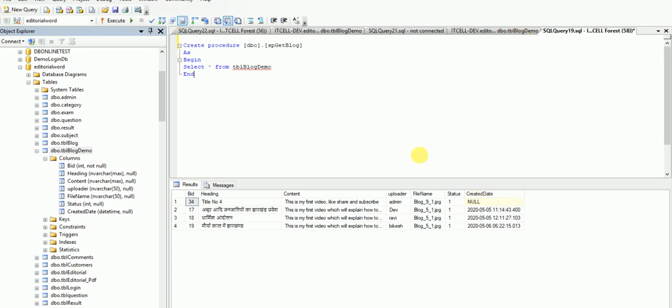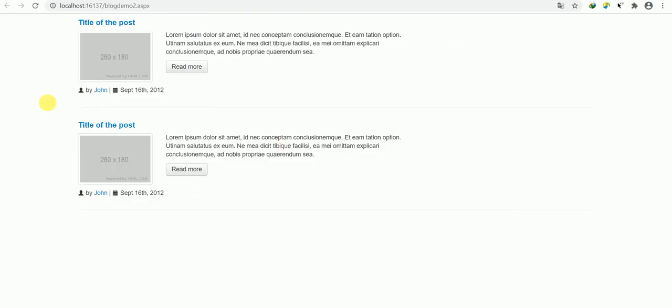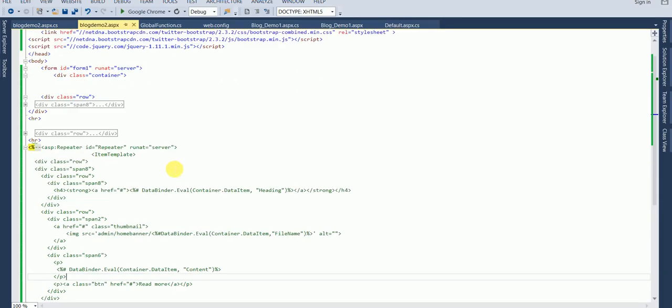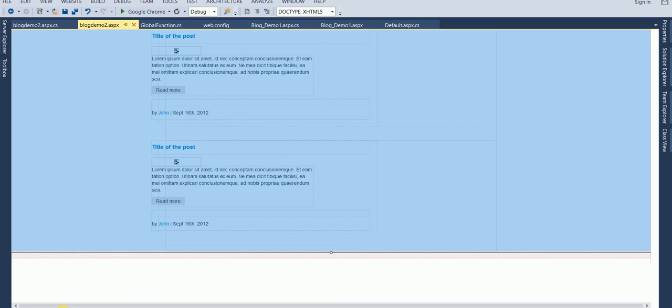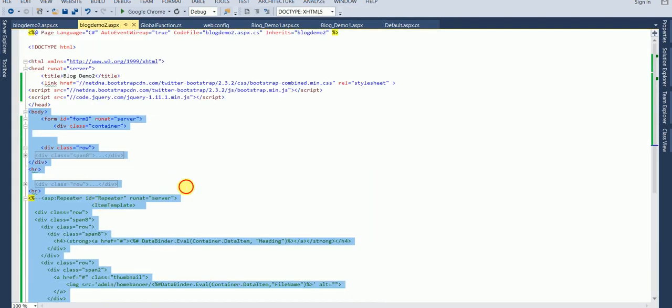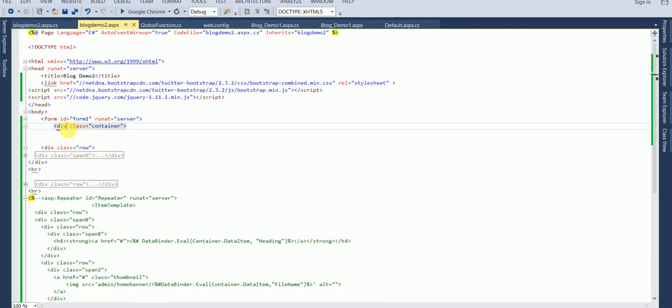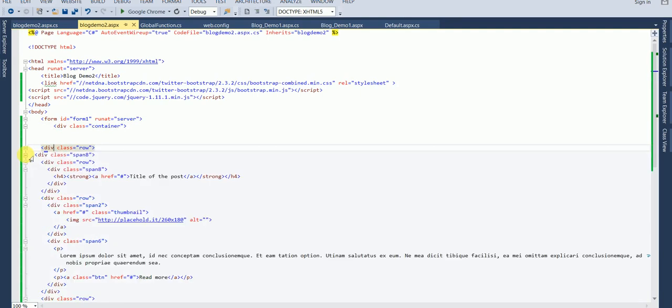Now I want this data to be displayed here. So let's jump to Visual Studio. This is my design. What is here? A container and row, and you can see this is my hard coded title.